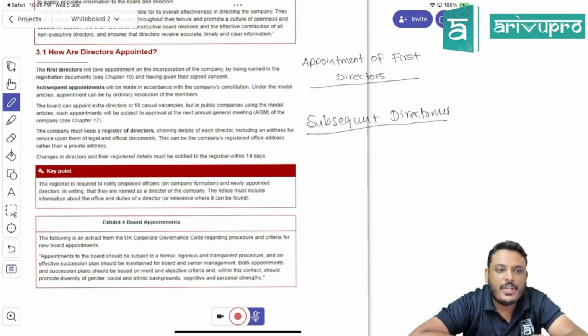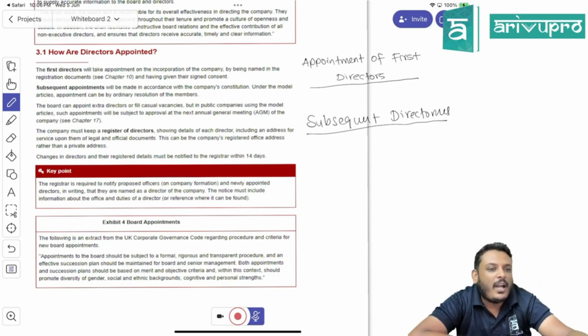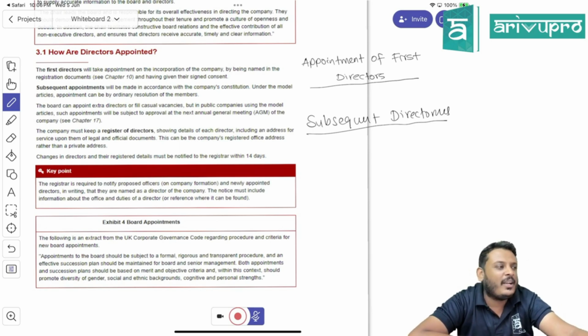You can't appoint a subsequent director according to your own wish. You should follow the procedure mentioned under the Constitution. What is the Constitution? Articles of association. Underline the word articles of association.